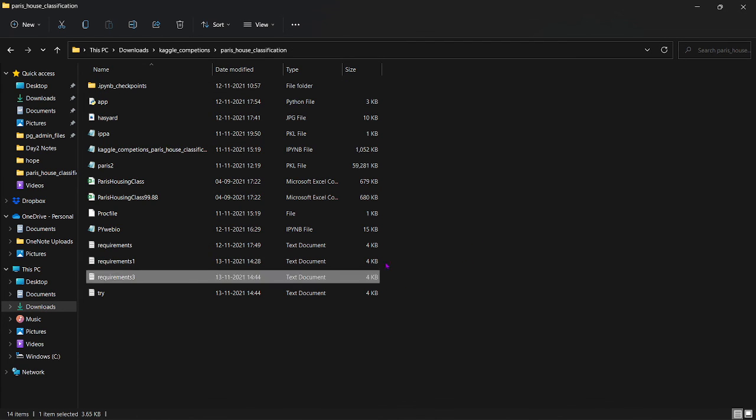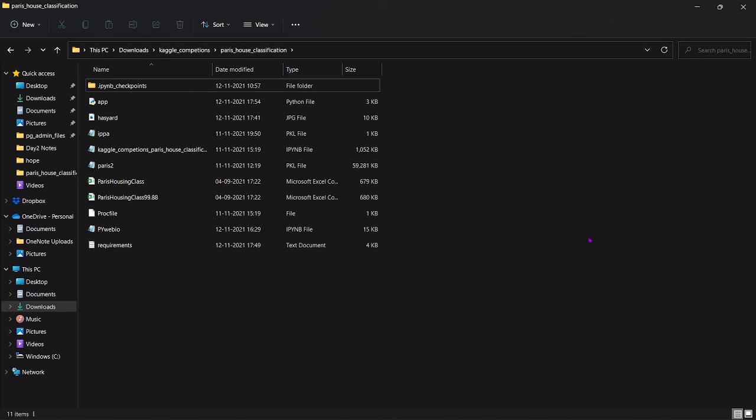So let me delete everything. That's all about requirement.txt. I hope you now have some knowledge about requirement.txt and how you can get it on your local computer. I hope you have learned